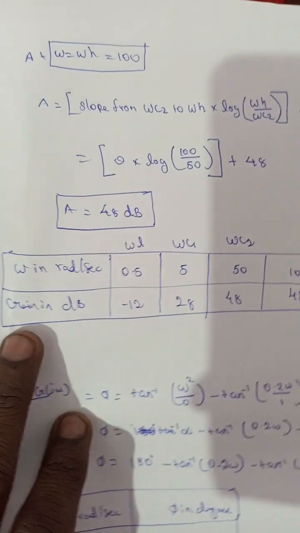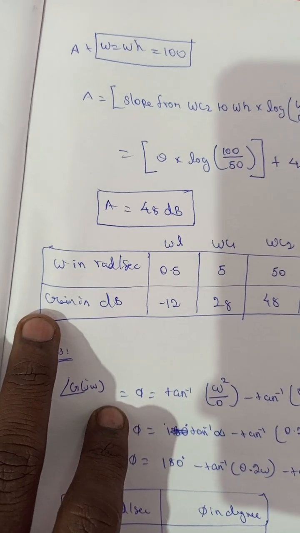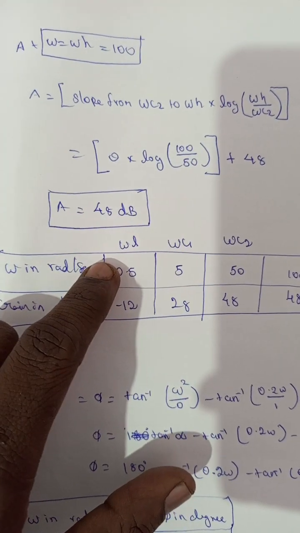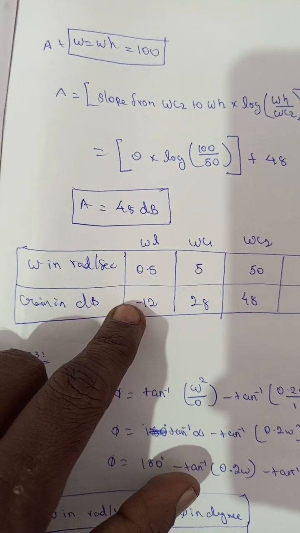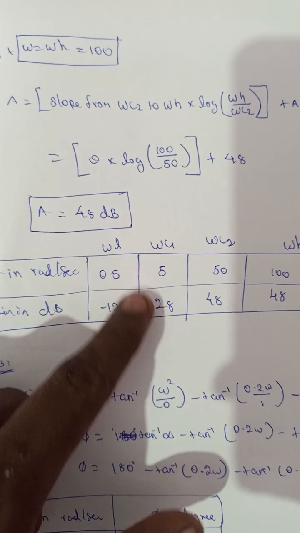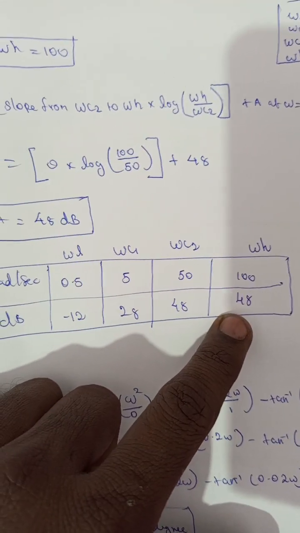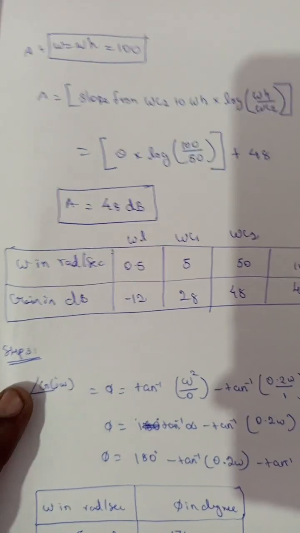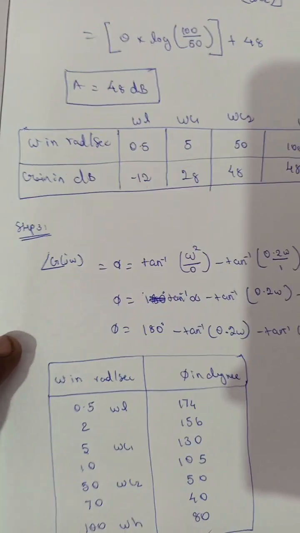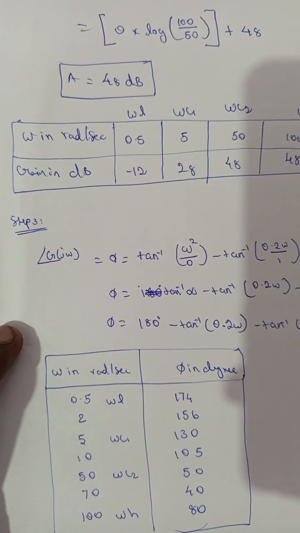And we have to form the tabular column, one is omega and the other one is gain in dB. So for 0.5 we'll get minus 12, and for 5, WC1, we'll get 28, and 50 it's 48, and 100 again it's 48. So these are the points for the magnitude plot, and then we are moving into the